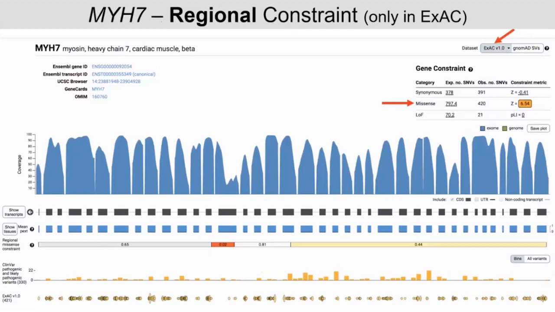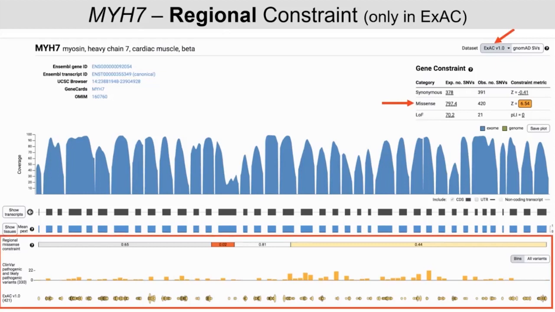However, you sometimes want to look at regional constraint, and this is helpful when you want to find specific domains that are more highly constrained as opposed to the entire gene. So right now, in order to look at regional constraint, you have to change the data set up there in that top right corner to ExAC. I believe this is soon coming for the gnomAD data set, but right now it's only been calculated with the ExAC data. So if you go to the top and change to ExAC, you'll then see this bottom section appear